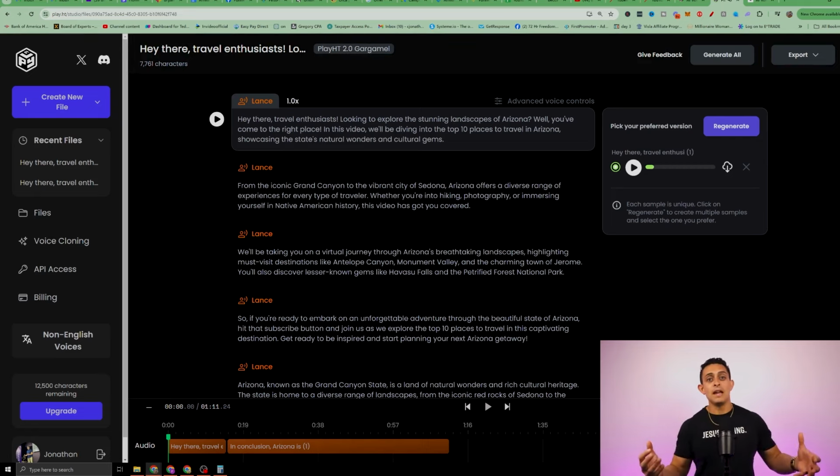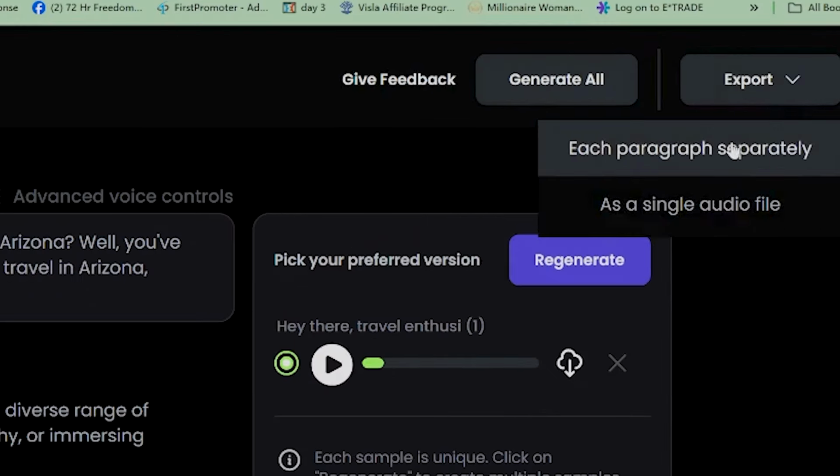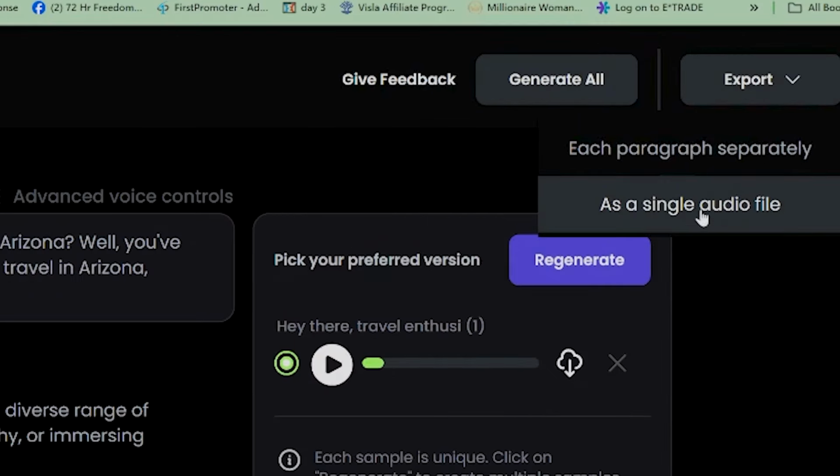So it sounds amazing. It sounds almost like a real human, not artificial intelligence. So this is awesome. So what you can do now is, now that you have your AI voiceover for your YouTube video, all you have to do is hit export, and we're gonna choose as a single audio file. So now that you've created and downloaded the audio voiceover for your faceless AI YouTube video, it's time to create